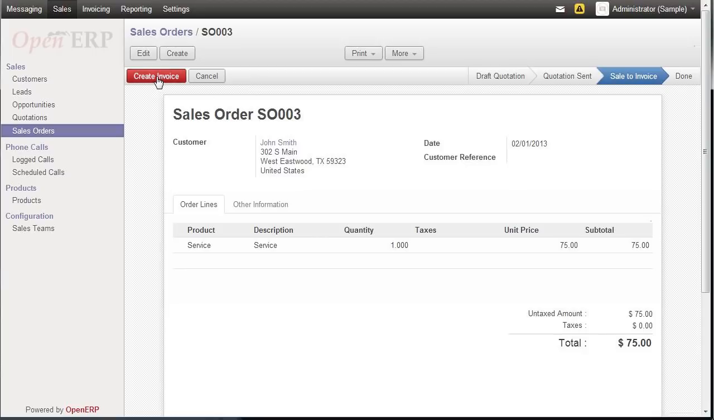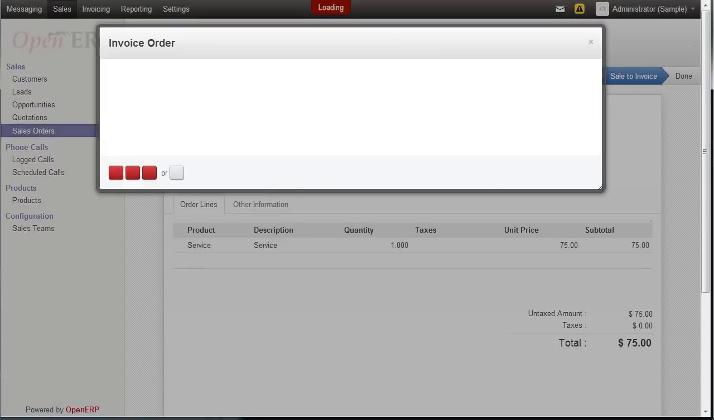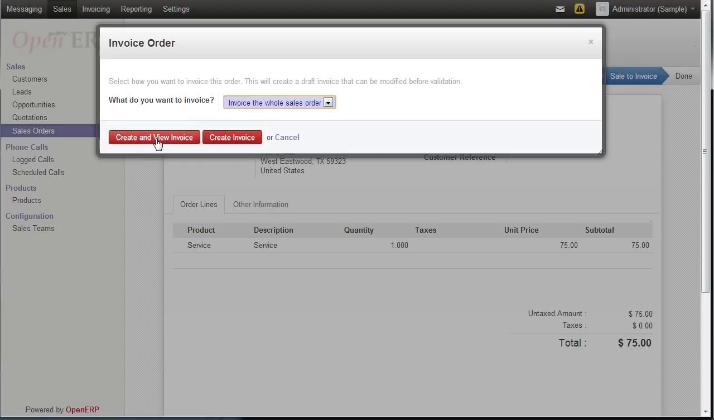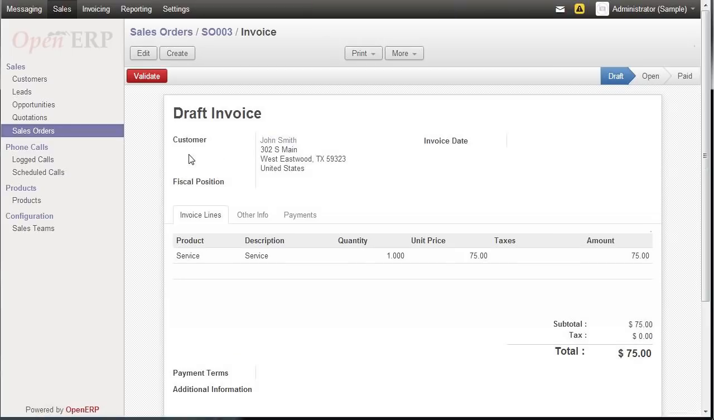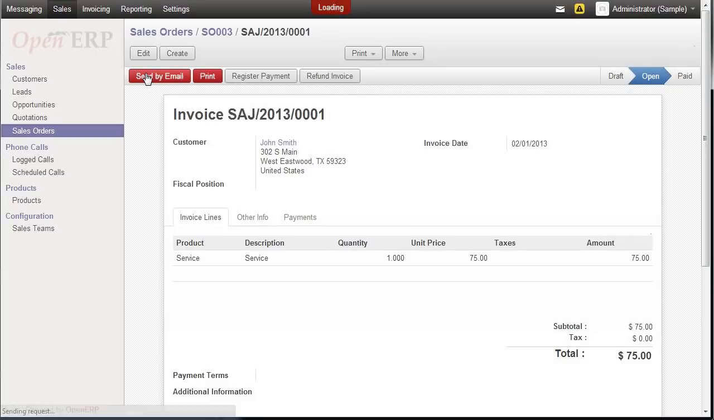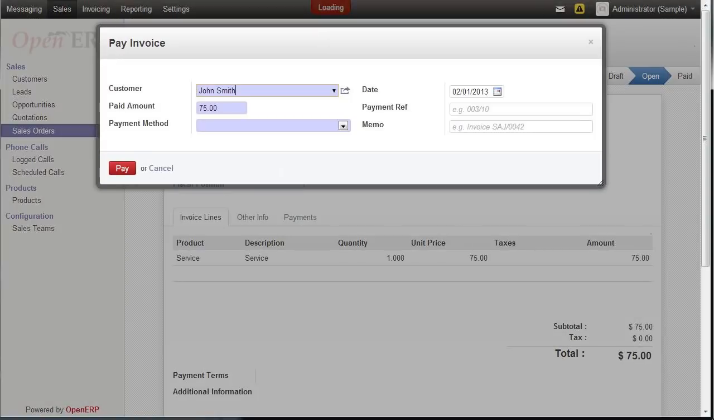If we needed to, right away we can hit create invoice, and just like that we can create and view the invoice. So we'll go ahead and create and view it so we can see the actual invoice, and we'll validate the invoice, and just like that we have a sale in the system. Now of course they're going to probably pay this invoice, so let's jump over and register a payment. And we're going to pay this invoice. Let's say they pay cash, just like that. Hit pay,